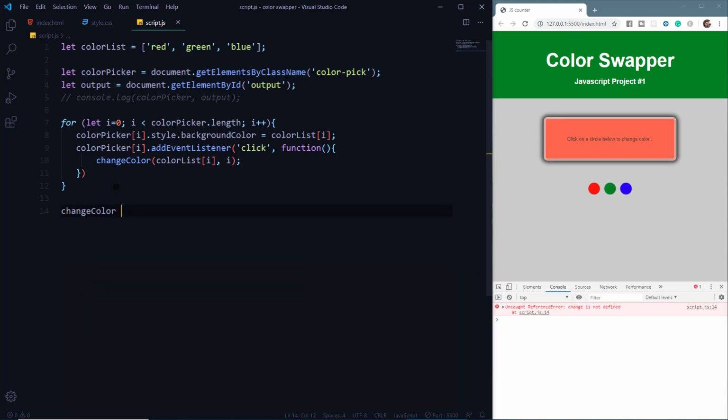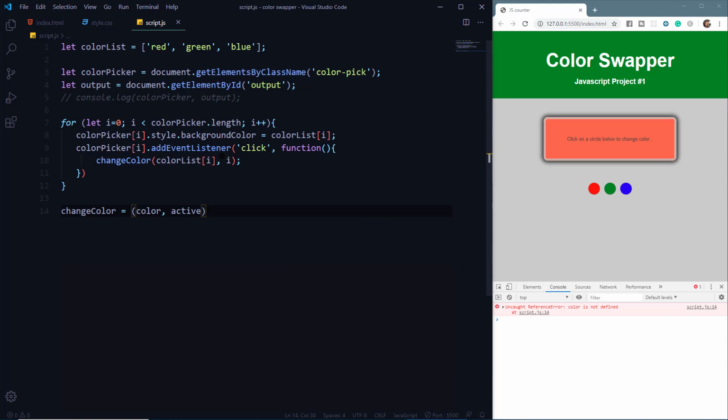So I'll say changeColor equal to, and here we'll start a bracket, and in this we'll create variables to receive these values. So we have one color list and we have one i. So basically here I'm going to say color, and I'll say active.